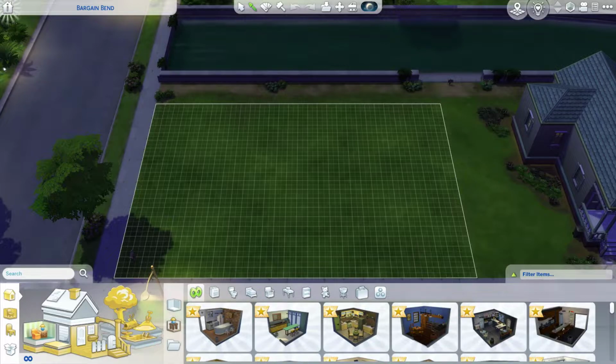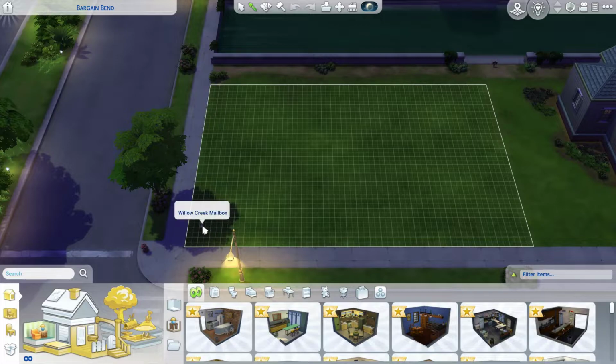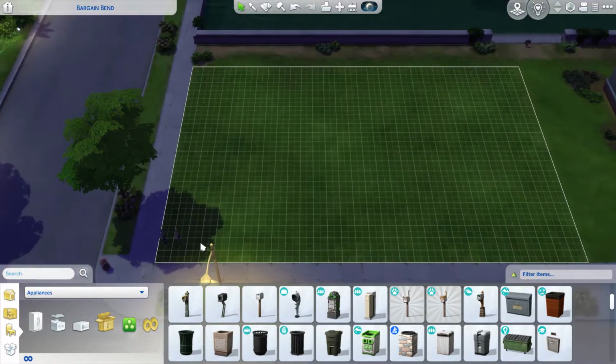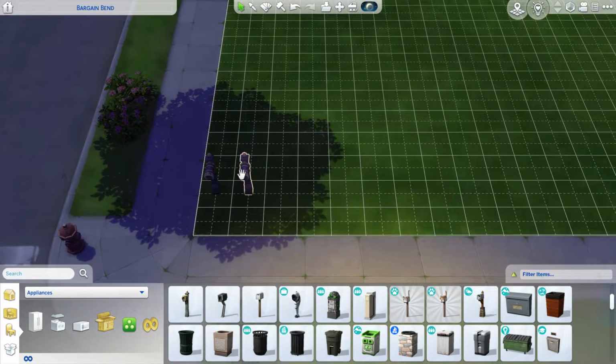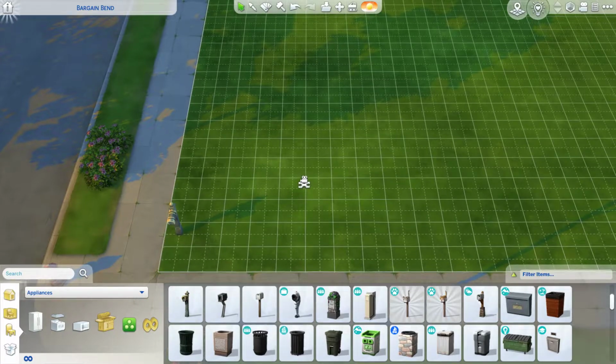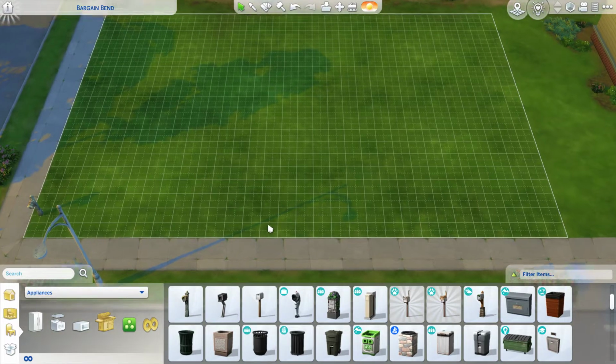And I don't know about you, but I like the idea of accessibility, which means having everything that you need on the first floor. Be it the laundry room, the kitchen room, the primary, formerly known as the master bedroom. And I mean, yeah, sure, you can add in an attic or a basement or something if you want, but I have no idea how I did this, by the way. Anyways,